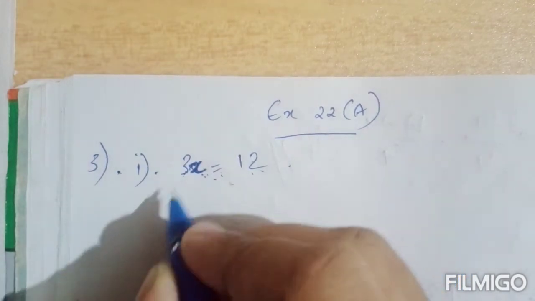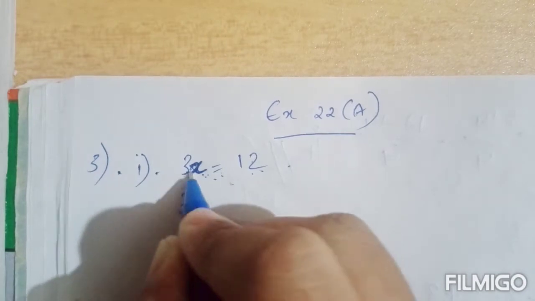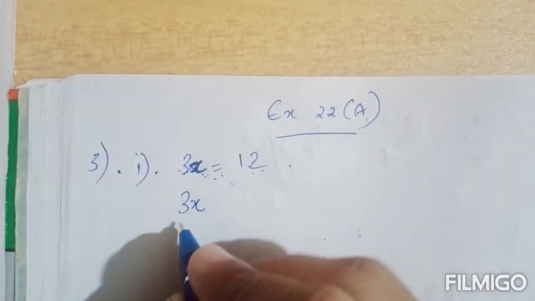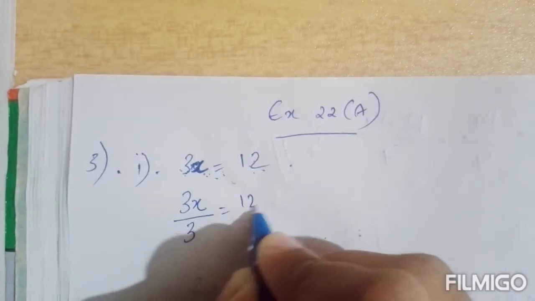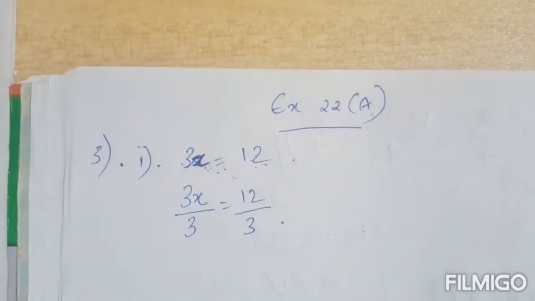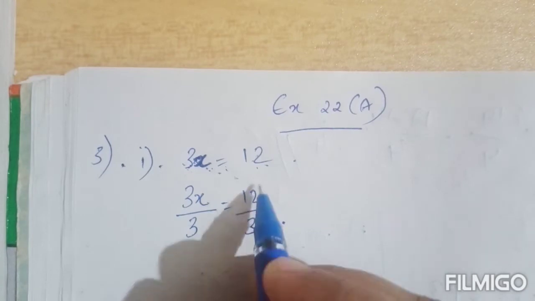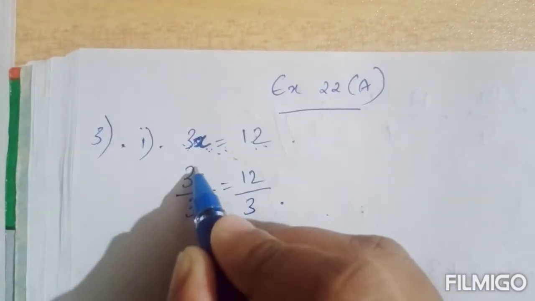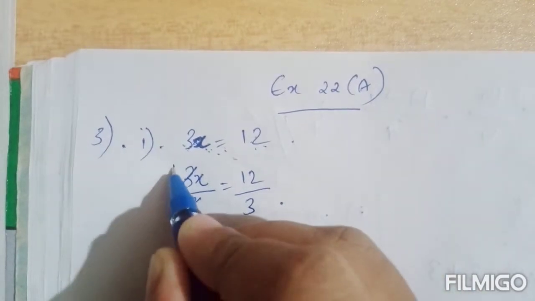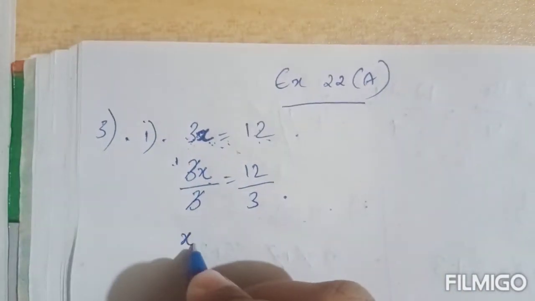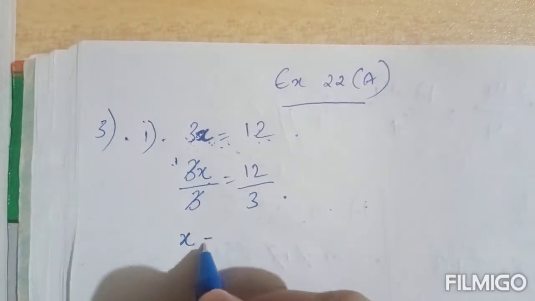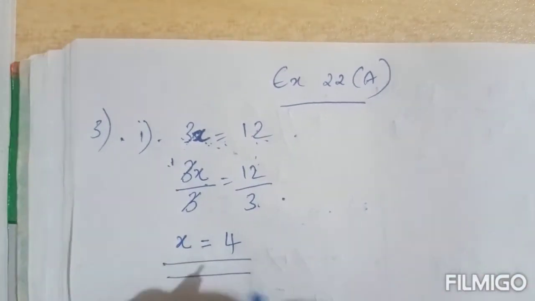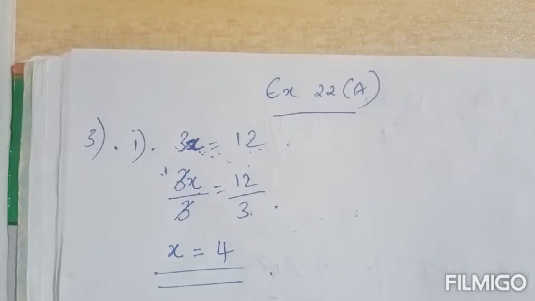not change. So here we can divide both sides of the equation by 3. Okay, here 3 into x. That's why we are dividing both sides of the equation by 3. So 3x by 3 will be equal to 12 by 3. We can write like this. Okay, now we know 3 divided by 3 is 1. That is, 1x means x. 1x we will write as x. x equal to 12 divided by 3, it is 4. So x equal to 4 will be the answer.